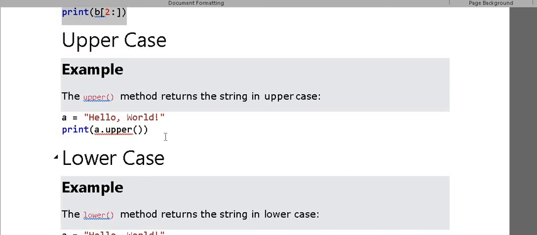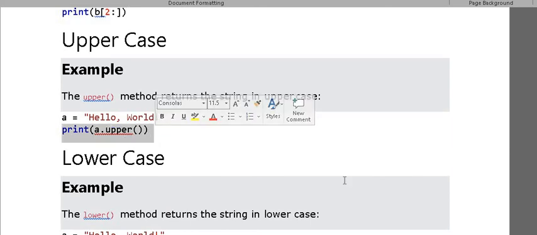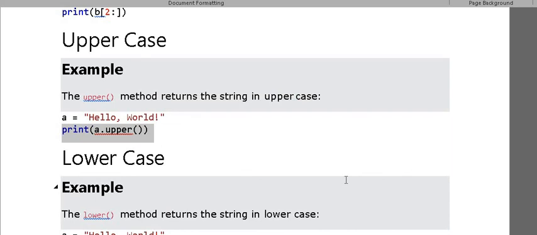Whatever string I take into a variable, by using dot we can access that function. So the string stored in the variable a, if I want to convert it into uppercase, the syntax is variable name dot upper and the brackets. Whatever value is stored in the variable is converted into uppercase.